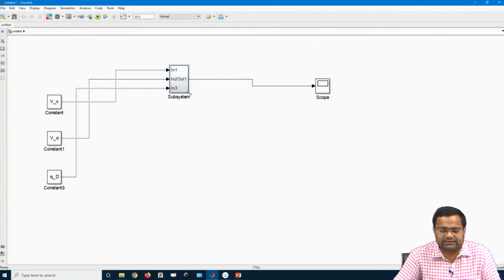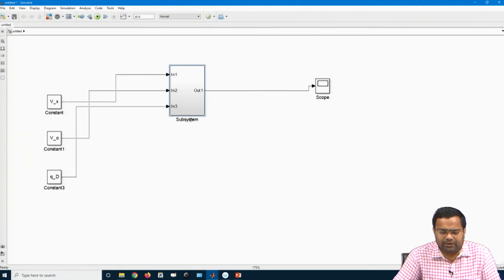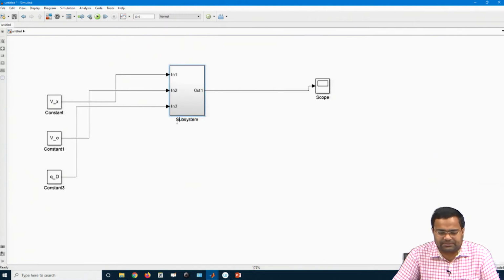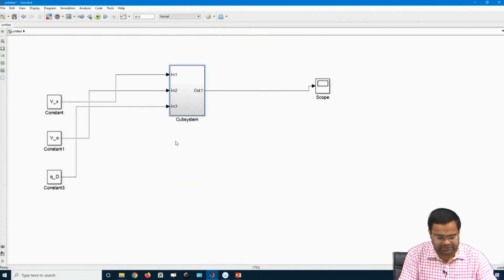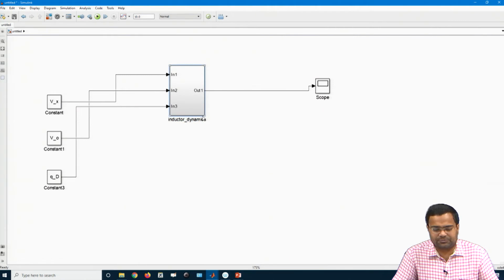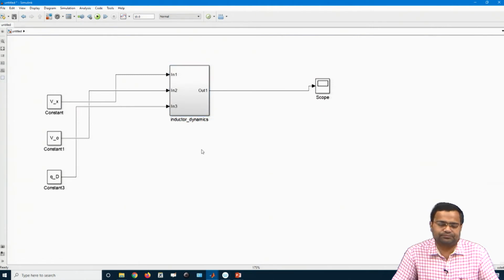Now, it creates a subsystem. If we go inside the subsystem, this subsystem is for current dynamics. So, it is inductor dynamics.